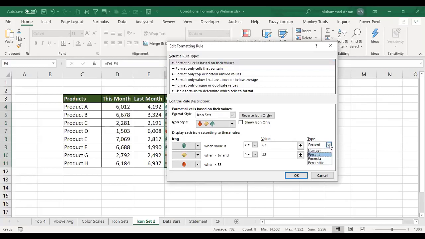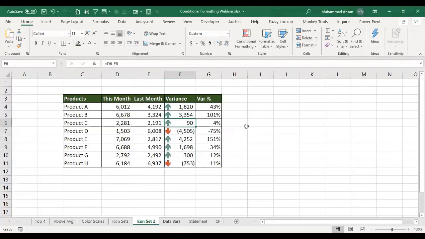So instead of percent, from this drop down menu, we are required to change it into a number. Once we change from percentage to number, we are getting relevant color arrows with respect to the variance numbers. With the positive variances, we are getting a green arrow upwards, and with the negative variances, as you can see, we are getting the red arrow downwards.